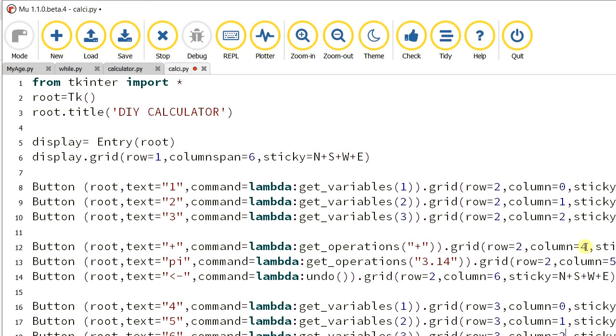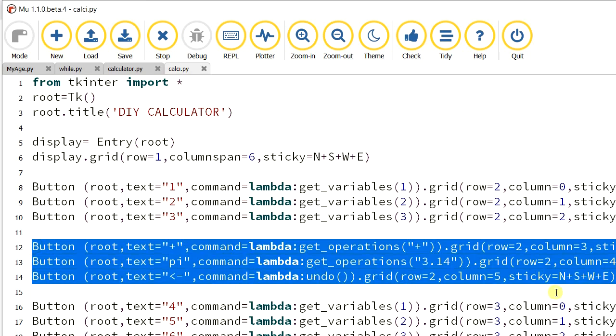Same mistake I have done here. 5. Just numbers may get confused. So don't worry. You can easily solve it just by seeing the output itself. Okay, 0, 1 and 2. Similarly, we are going to place the other operators. Other operators, let it be minus. Plus is here, so we are using minus.